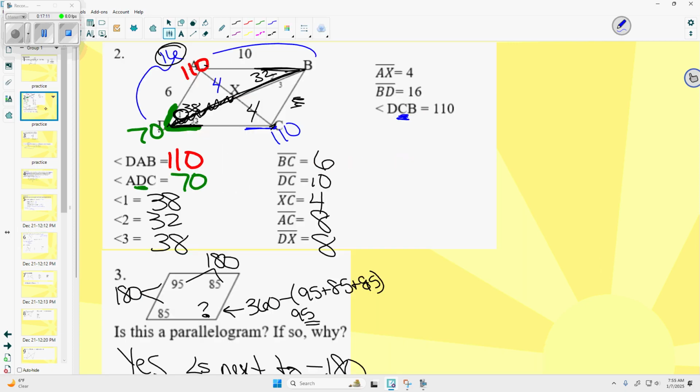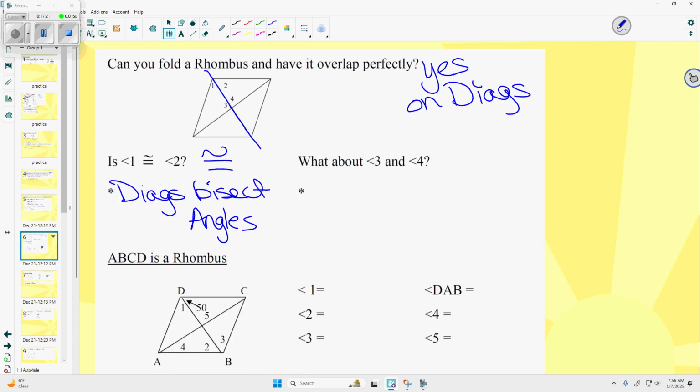No. I'm going to flip back here real quick. Right here. That was definitely not bisected, right? It was a 38 and 32. But because my diagonals are lines of symmetry, now my diagonals bisect angles. What can you tell me about angles 3 and 4? They equal 180. Absolutely. What else do I know about them? They're congruent. So if they're congruent and they equal 180,